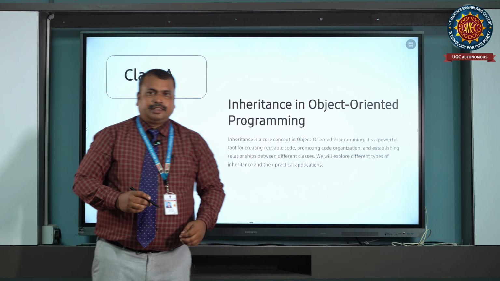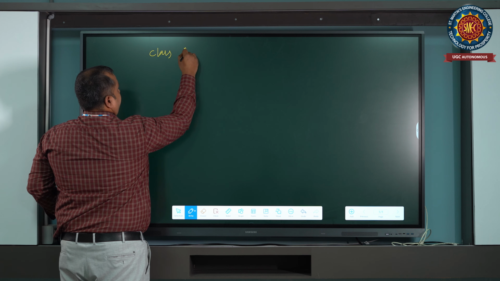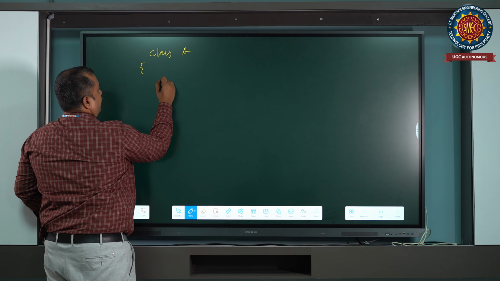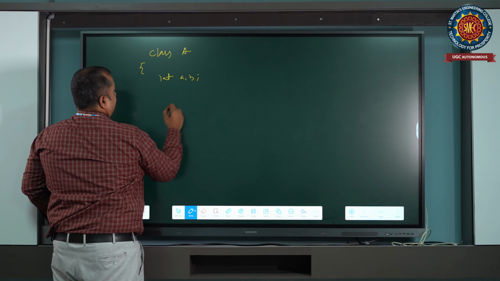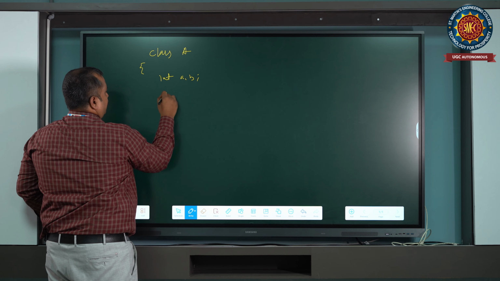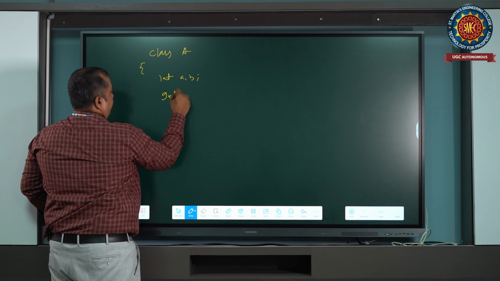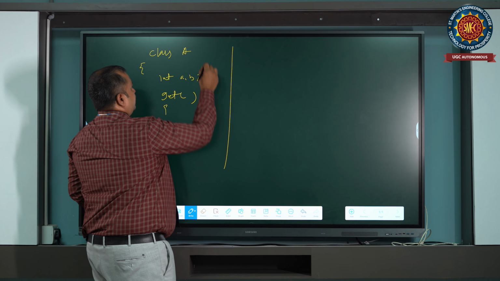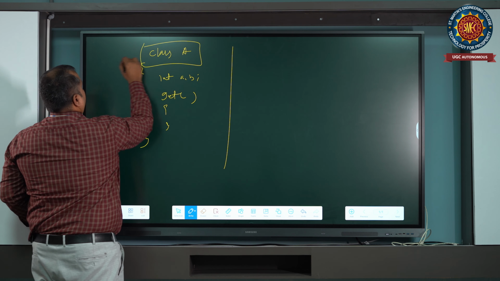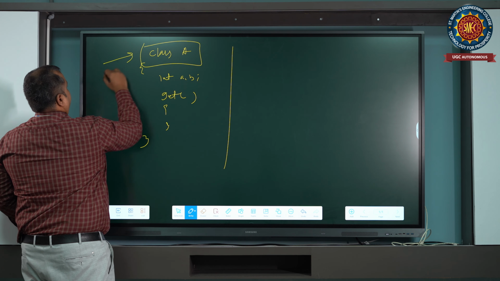Say class A, then we have some variables, integer a, b, then some function get with some code. This is the base class.